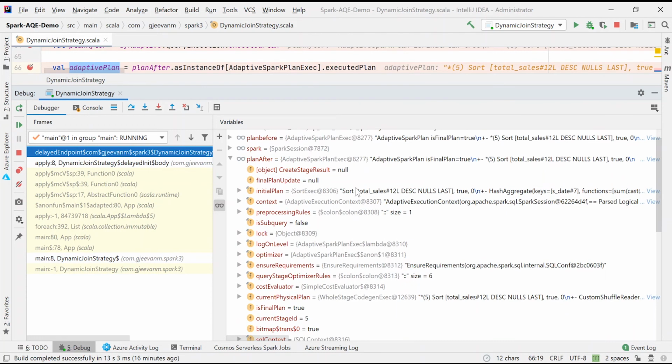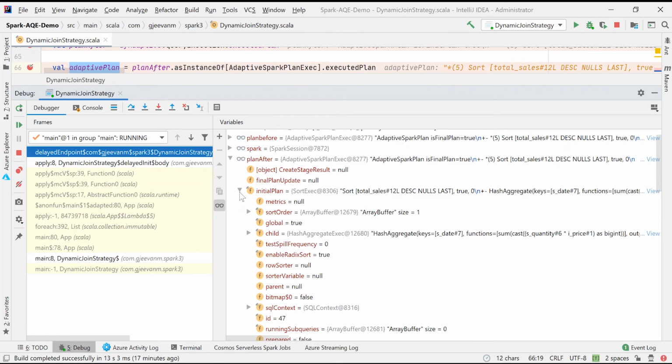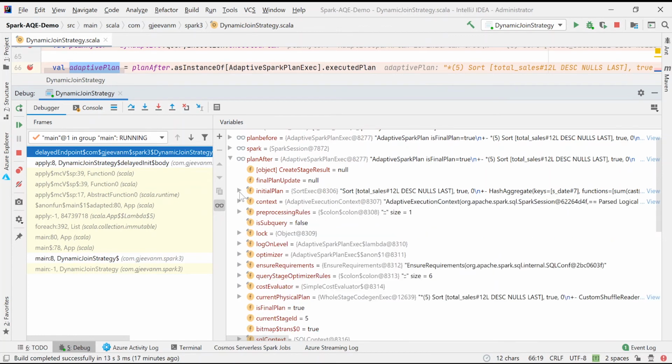This is the latest plan. I can't hover here, so I copied it to Notepad and showed it to you. Now if I see other things, there is something called initial plan, and the initial plan is a sort merge join, which I showcased some time before.